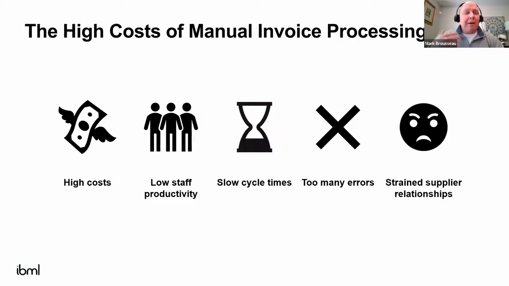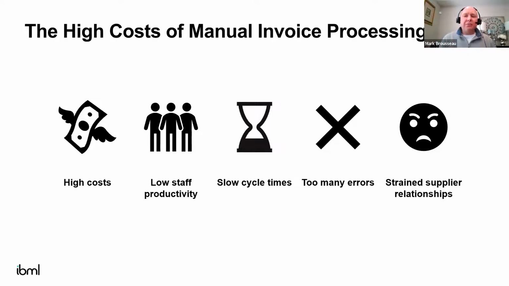Another way that you're able to reduce costs through AP automation is by reducing the number of errors your staff has. Highly automated AP departments experience less than 1/3 as many errors as their peers with little or no automation, including those with antiquated on-premise technology. And when you have fewer errors, that means you're going to have fewer duplicate payments, less time wasted trying to fix things. And then that final way that you reduce costs is by improving your supplier relationships.